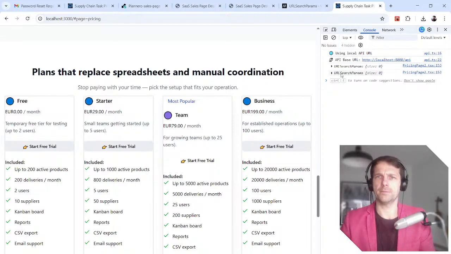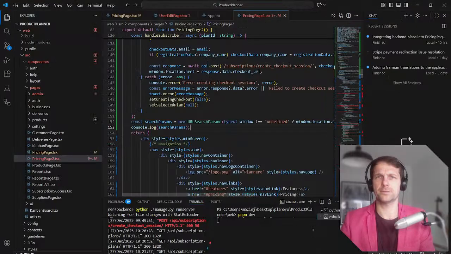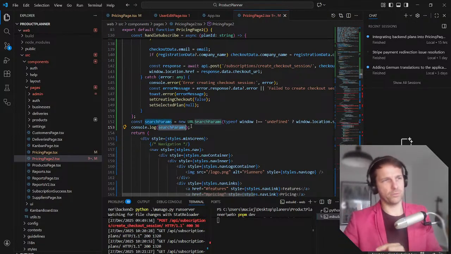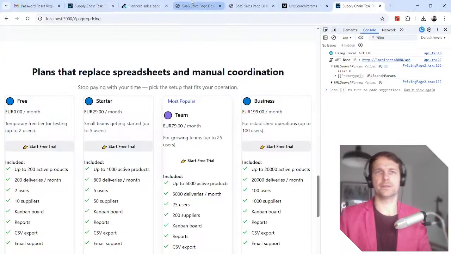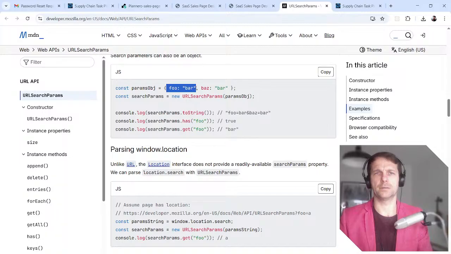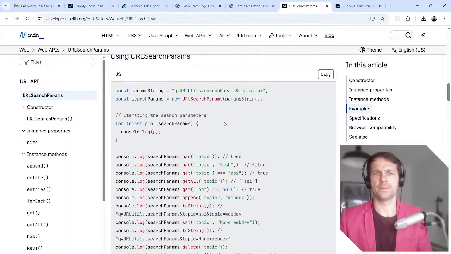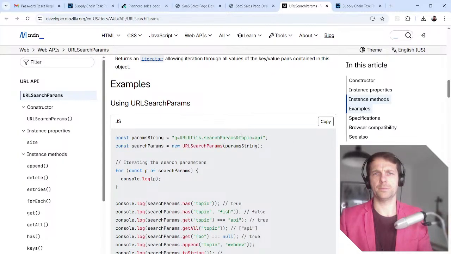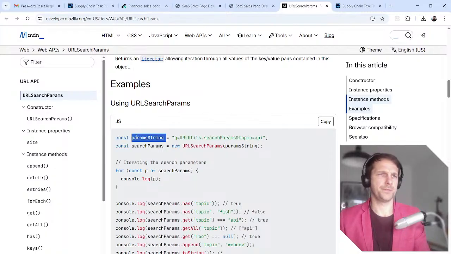And now I have my URL, but the search params size is 0. That's not really something that I... Oh, because I have to specify what params I'm looking for, and this was actually there. Foo buzz bar param object. And what was the topic? Search param string.